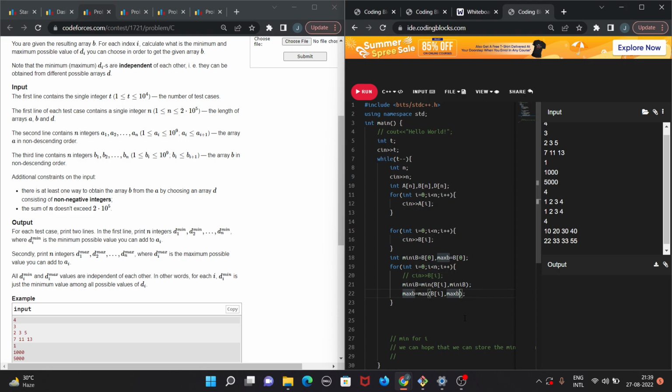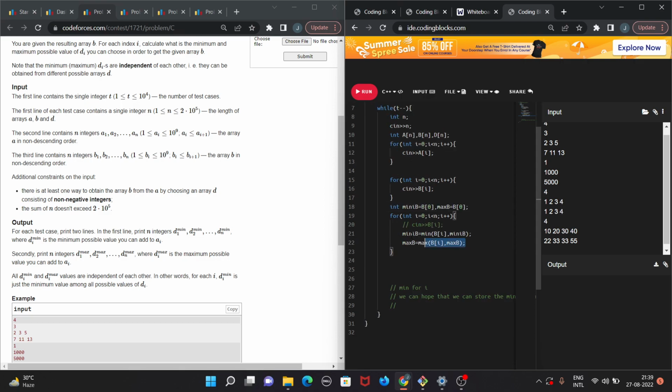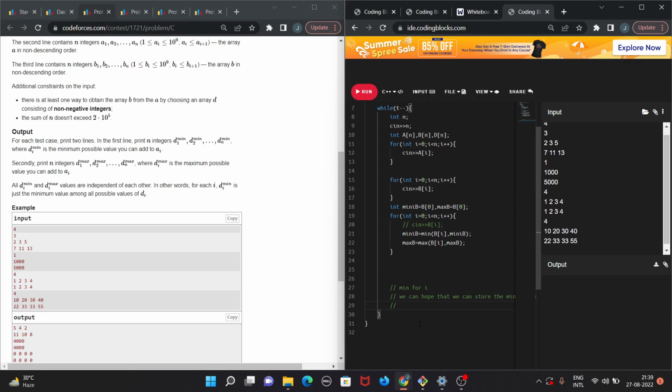Please ignore the variable names, or let's just correct that. It should have been maxi b, but never mind. So now that we have the count, basically we have the numbers that are the maximum and the minimum in array B. Now let's say the minimum number was 7, and the current number that we have in A of i is equal to, let's say, 5. Then we can put a D equal to 2 here,